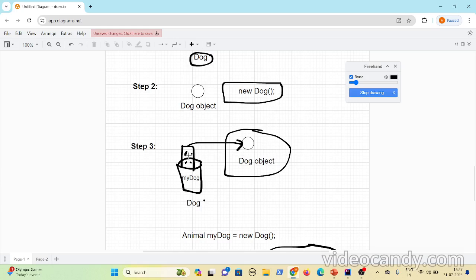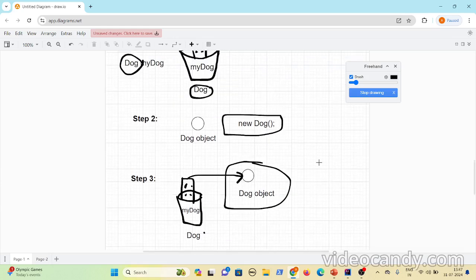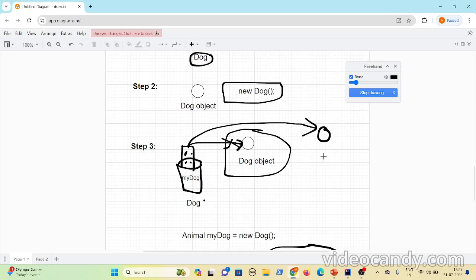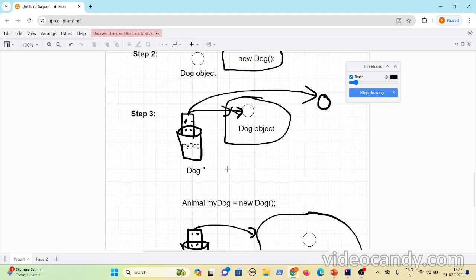Now let's say in future you create another object which is of type dog. What you can do is unlink this, and you can link this TV remote control or the reference variable to this dog object, then it will work perfectly fine. This is how a reference variable works. Now if you carefully see here, the reference variable is of type dog, and even the object is also of type dog. Here both the object and the reference variable have the same type.